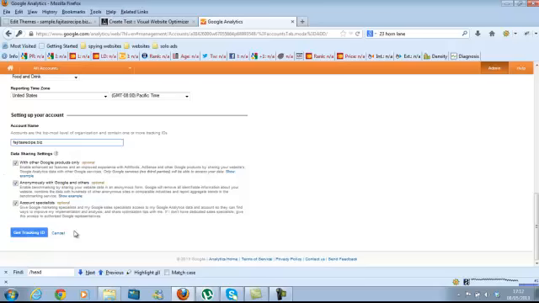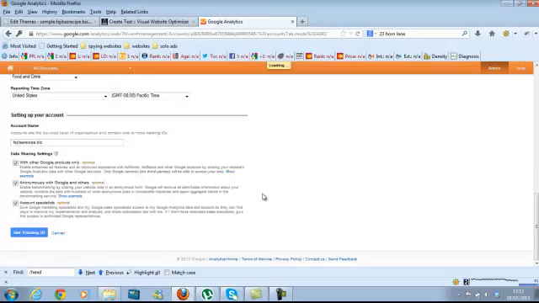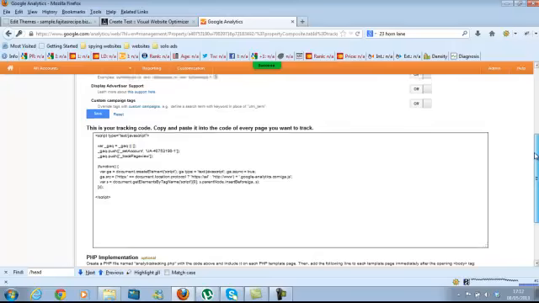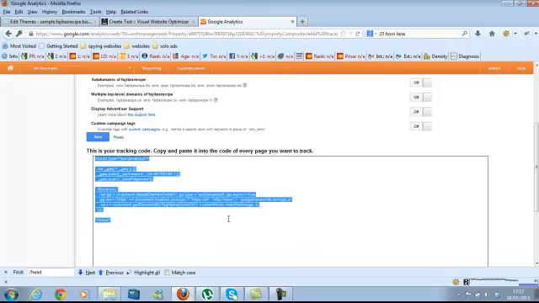So now we just want to click Get Tracking ID. Before you go ahead and do that, you just want to accept Google's terms and conditions. So you press I accept. Now this is your code which you're given. You really want to ignore the rest of this information here. That's not an issue. You really just want to go ahead and use this code here. So this is the code information which needs to go in your web page. So you'll just copy it,